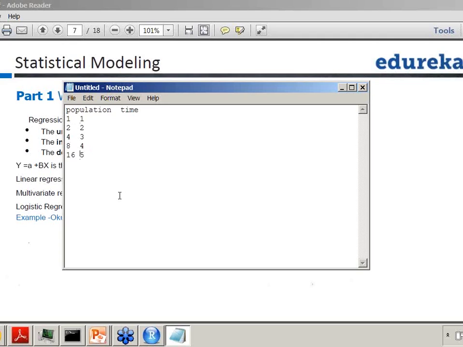One way is you can directly take a map between these two. But then the problem is the scale is different. One axis is going on at one rate, and the other axis is going on at a different rate. So what you typically do is you take a logarithm of this, so that the exponentiality is reduced to linearity. When you take the logarithm of these 1, 2, 4, 8, 16, that will be linear. That will become values like, for example,